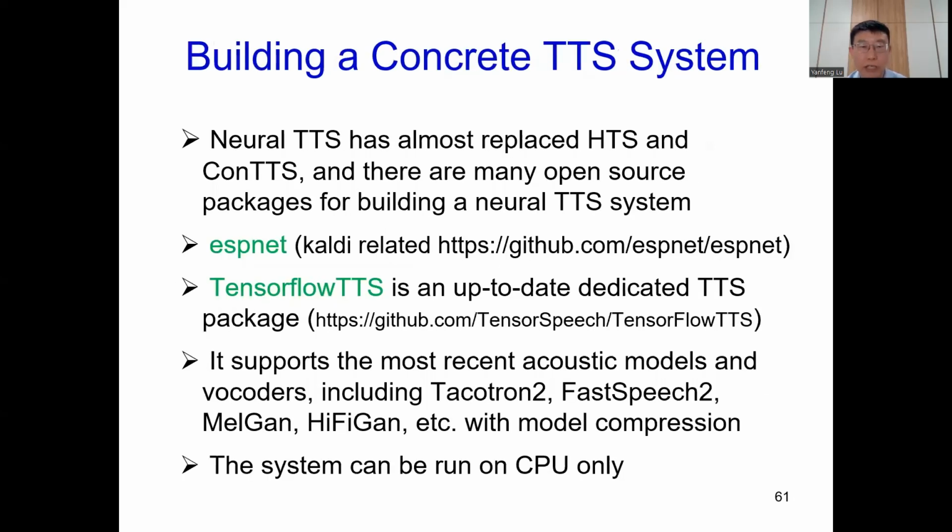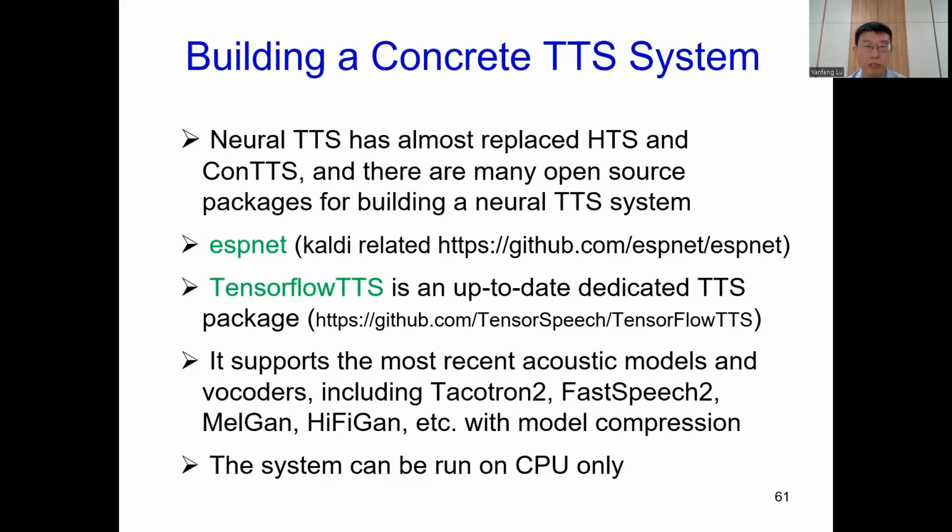For those people who are eager to get hands-on experience of building a concrete TTS system, here are some guidelines. Today, I think neural TTS has almost replaced the traditional TTS, the HTS and the concatenative TTS. So these days, people often just build a neural TTS. There are many open source packages on the web for building a neural TTS system. The most popular one is